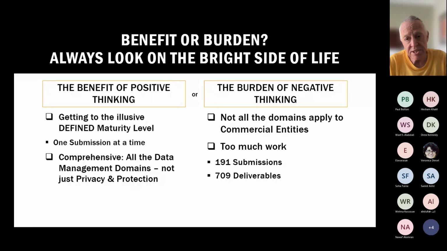But what a fantastic opportunity. Paul, if I remember doing our first ministry, we did a DMMA, and I think the value was around 0.5, 0.6. Do you remember our first assessment? Yeah, 0.6. So we're going to go from 0.6 to 3 in the space of maybe 2 years. Other companies are still languishing around 1 and things like that. So I'm trying to say that the positivity out of that is really important. Not many companies have got there, and you're going to be getting yourselves to that level.